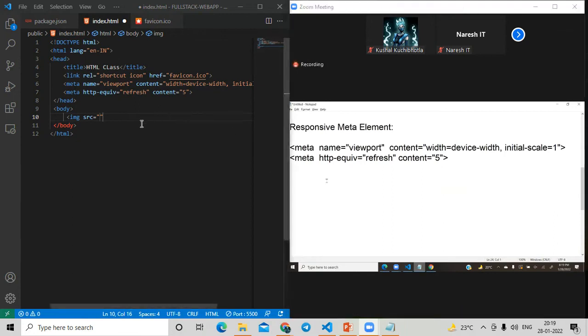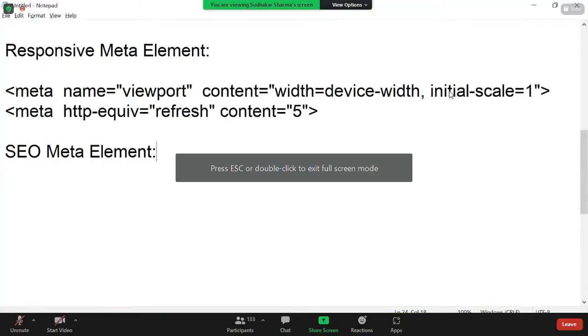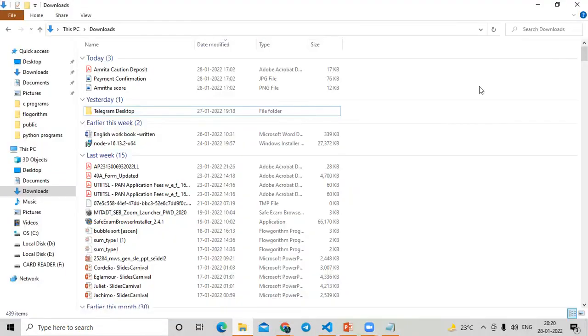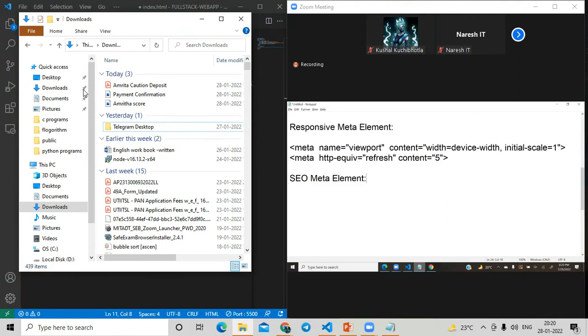Another option is responsive meta. Another one is the SEO meta element. Some search engine related meta elements are there. Remember, this is our beginning of HTML, so level by level we have to learn. All meta you cannot learn now until you know every consequence.